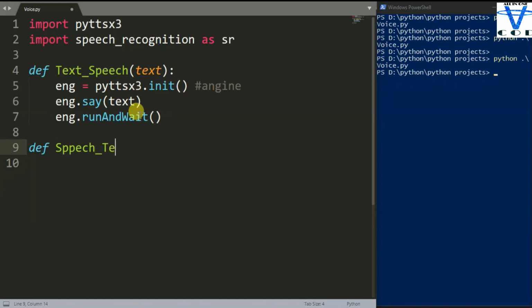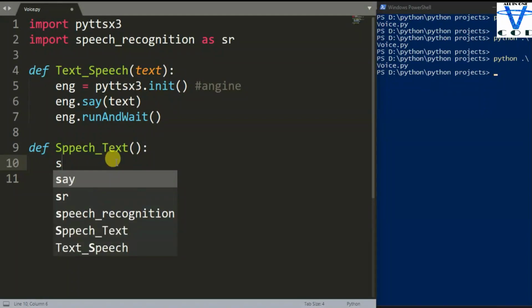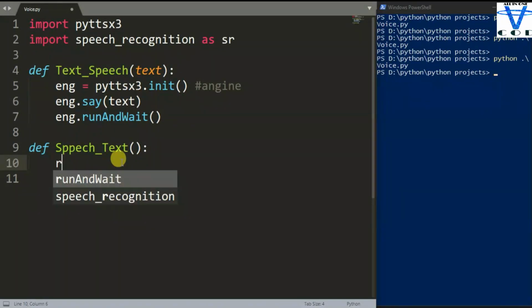In here we don't need to pass any parameter because we are not getting anything from the program. So let's try. First we are going to create the recognizer, and for that what we have to do is r equal to sr.Recognizer.